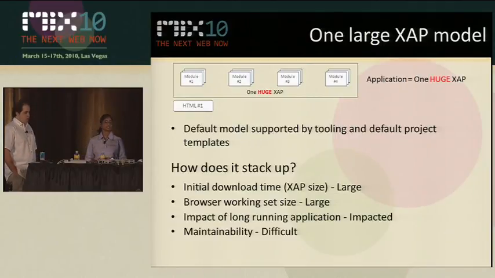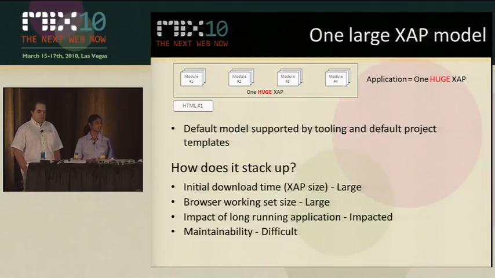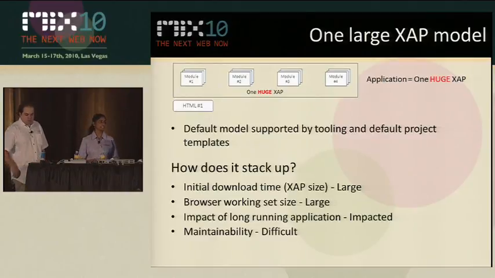Let's see how it stacks up to the various criteria that we laid out earlier. Initial download time, unreasonably large because the Zap size was very large. The browser working set size was large because once the huge Zap gets downloaded, the users typically stay in our application all day long. And so the app domain is never recycled. So the browser working set size keeps building up. Any types that get loaded stay in memory. So it's just a huge impact, and it gets worse as the day progresses. Again, impact of long-running app, since the application stays in memory all day, any resource leaks get compounded, and it's